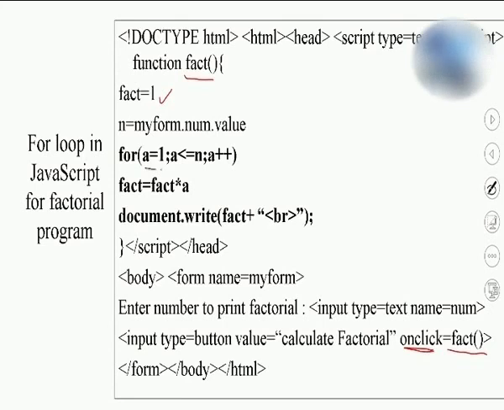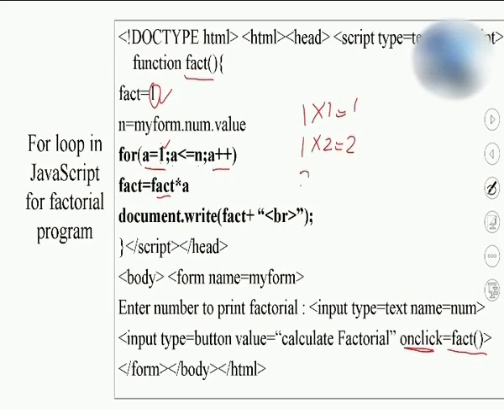So now over here the value of a I am incrementing from 1 to 5. So for the factorial, if I want to calculate the factorial of 5, I need to multiply 1 multiply by 2 multiply by 3 multiply by 4 multiply by 5. So over here factorial value it will take 1 first. Now over here it will multiply 1 by the first value of a, which is 1. Now over here it will do 1 multiply by 1. So obviously answer is 1. Next time it will take factorial as 1, a will be incremented by 1, so I will get answer 2.